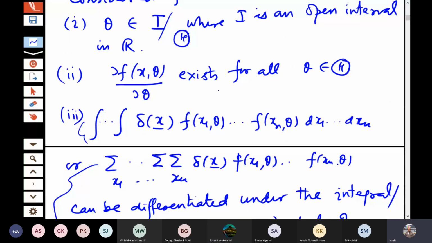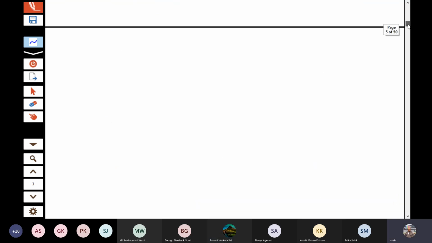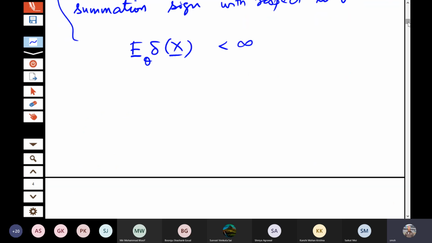Yes. So what is the problem here? Yes, sir. What will we do for the discrete case? Can we differentiate them? This is differentiation with respect to theta, so that we can do, because theta lies in an interval. See, whether you are taking geometric distribution or Poisson distribution, what is Poisson? e to the power minus lambda, lambda to the power x by x factorial. You can differentiate with respect to lambda because lambda is in an interval, isn't it? Yes, sir. Okay, sir. So this differentiation is with respect to theta. Okay.